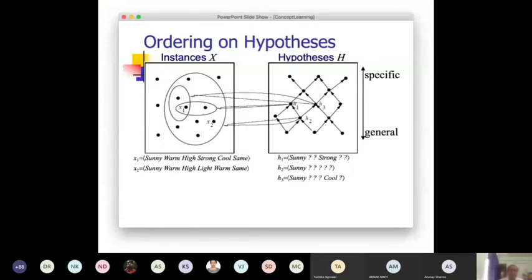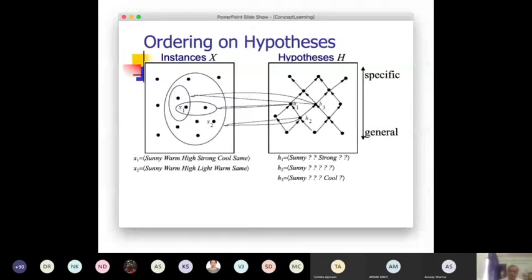So let me continue our discussion on this particular concept learning. As you know, the primary objective in this learning is to learn some hypothesis in a hypothesis space to fit the training examples, which should satisfy the training examples. The training examples are in the form of positive examples and negative examples. In this task, we are trying to find a hypothesis in the form of a Boolean function,